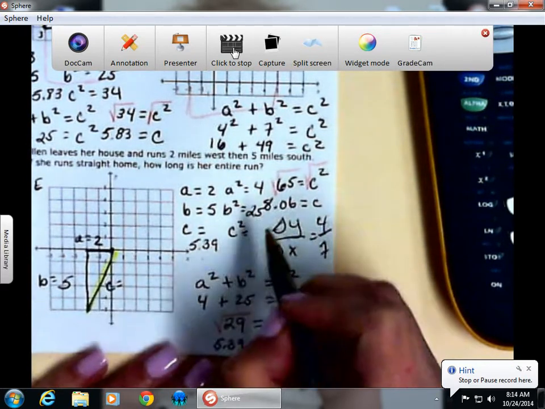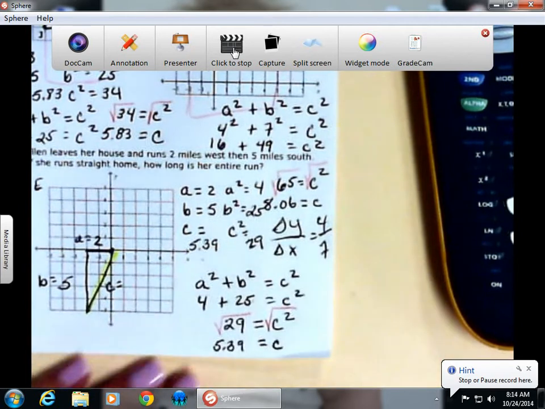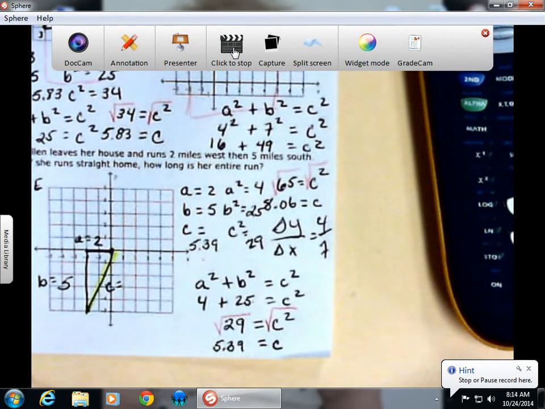We're almost done. Let's fill this one in, 5.39. So we found out how much it was if she ran straight